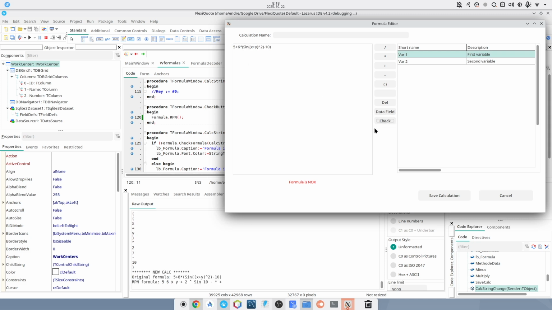So now the formula looks like this. So if we go through again, you can see that the 5, 6, x and y are at the beginning,